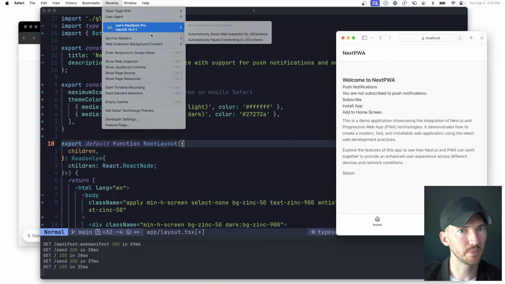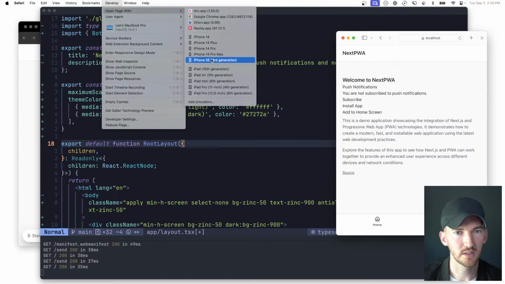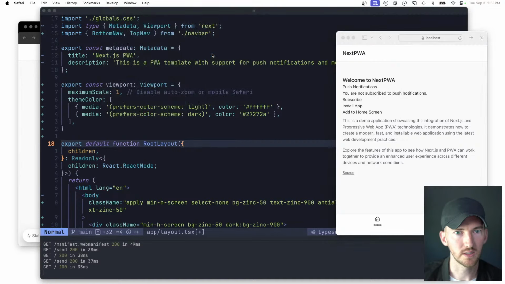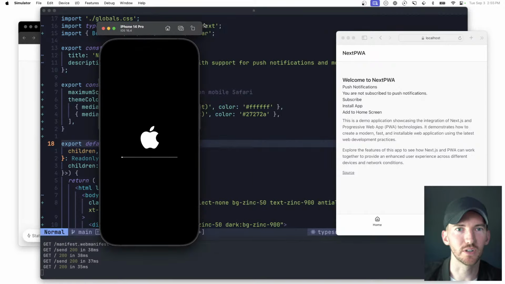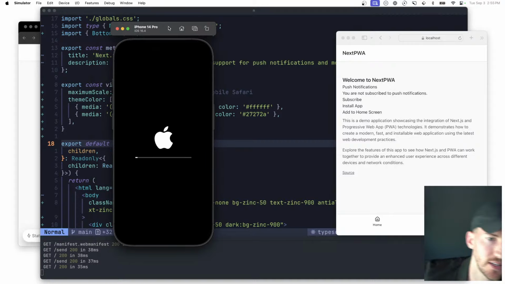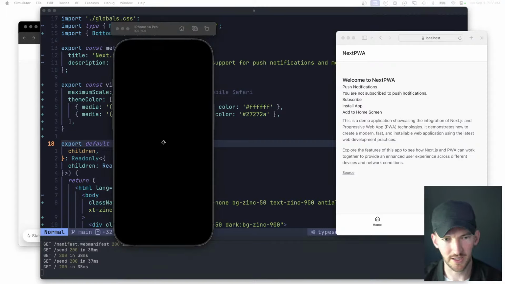Let me open up. Where the heck is this? Let's see if I can do, with the emulator, the install to home screen. We'll just take this one because I want to show off what that looks like, and we can see if the notifications work on the simulator. I've been testing on device, so I don't know if it will be any different in the simulated environment, but we're going to find out. While that's loading, because it's taking Tim Apple's sweet time,